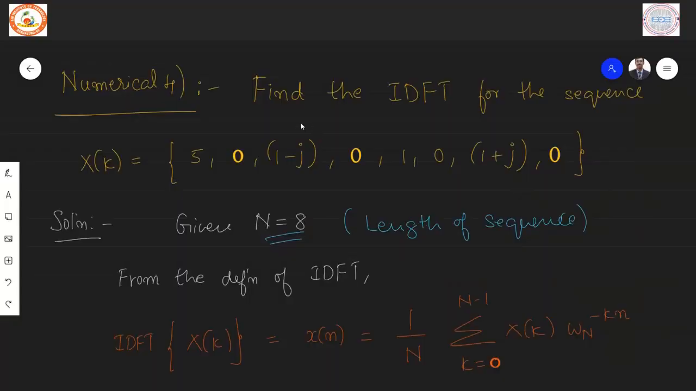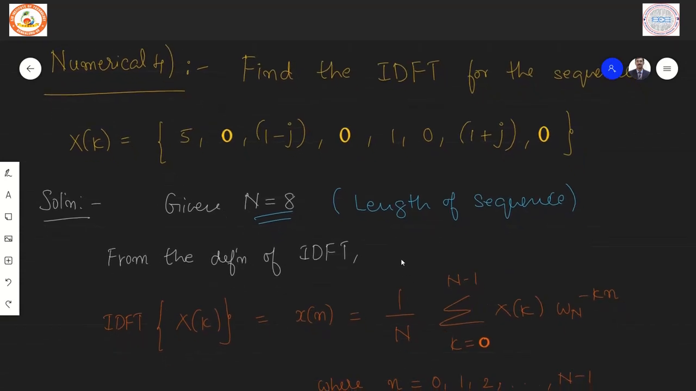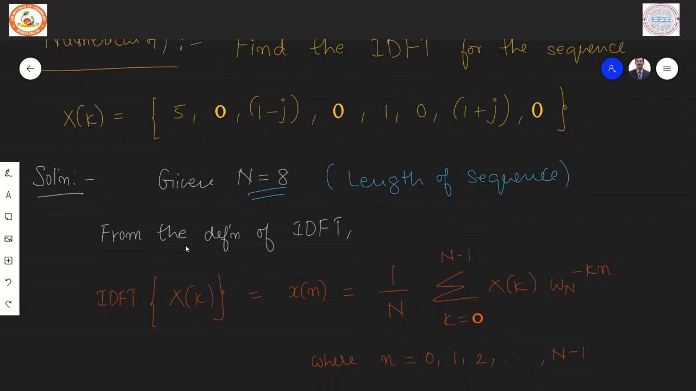The next problem is to find the IDFT for the sequence x of k, which is equal to 5, 0, 1 minus j, 0, 1, 0, 1 plus j and 0. So from the length of the sequence we observe that the number of points is 8, hence capital N is taken to be 8. The problem is to find IDFT, hence from the definition of IDFT we know that